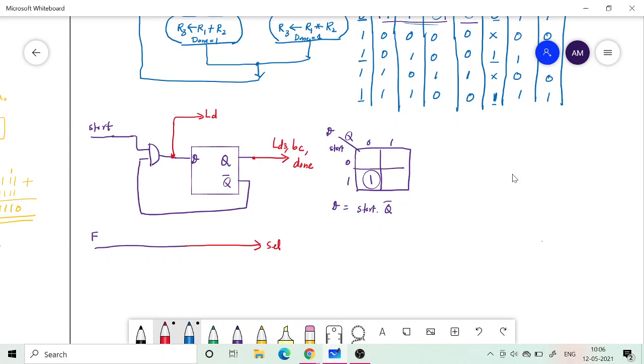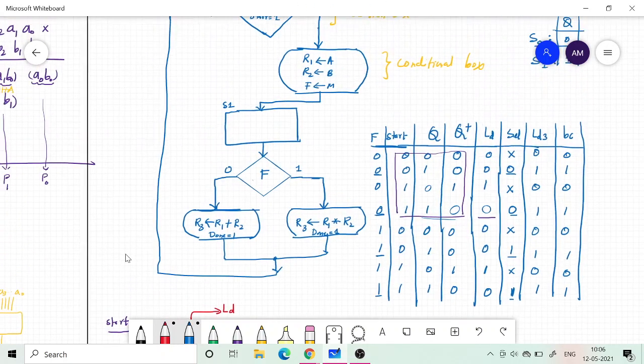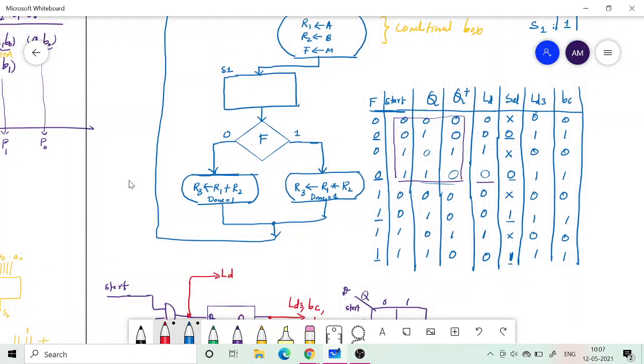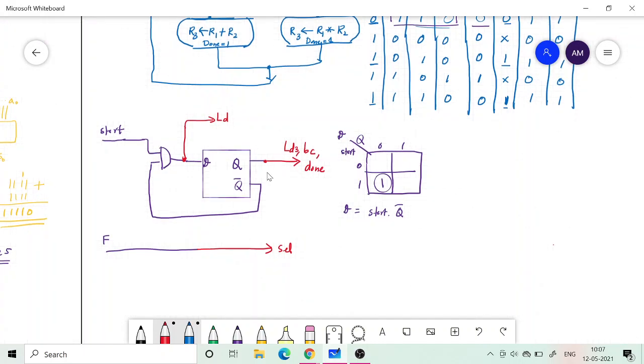So they both will come at the output, and then as per our state diagram, it will go back to the idle state. Idle state means S0. So the output and the done will only come for one cycle. After that it will again enter the idle state, and in the idle state we can wait for a longer time until the start is high again.